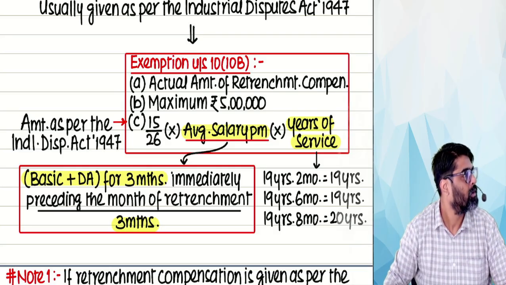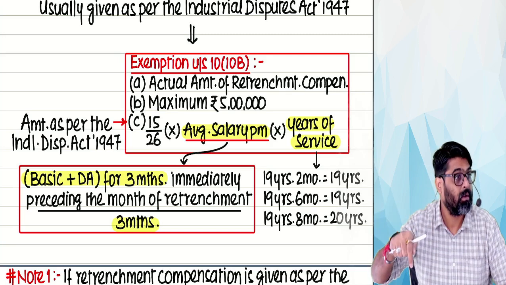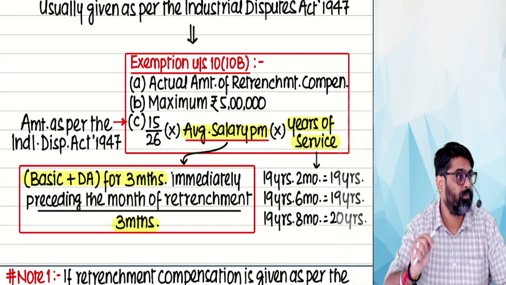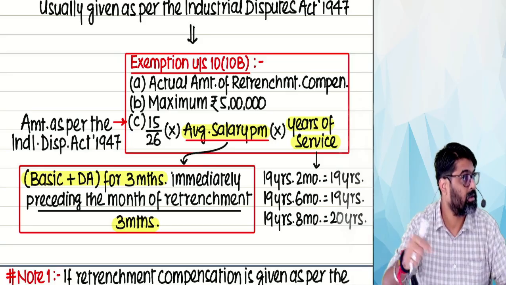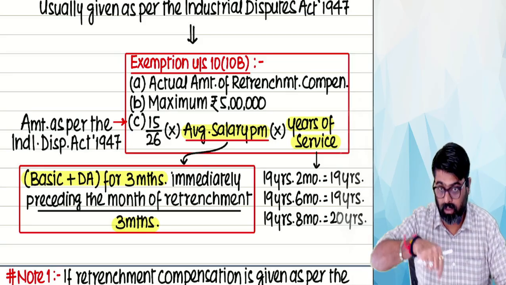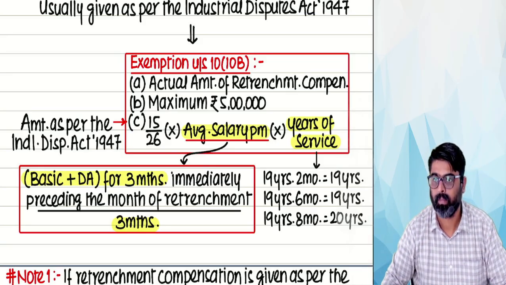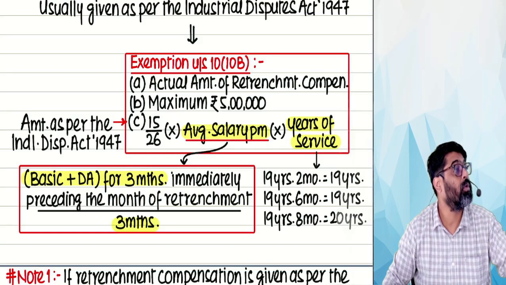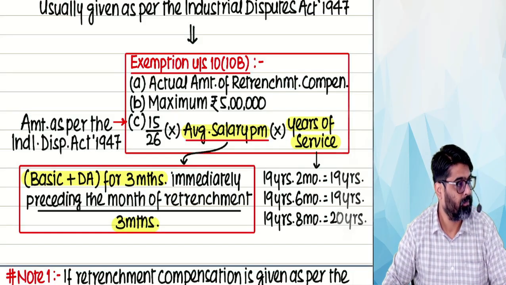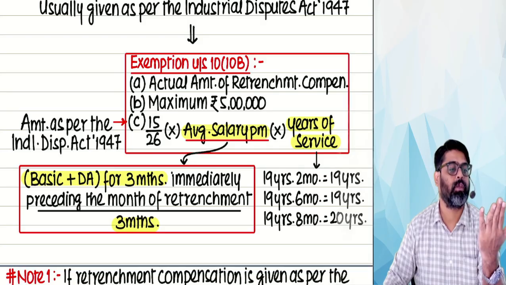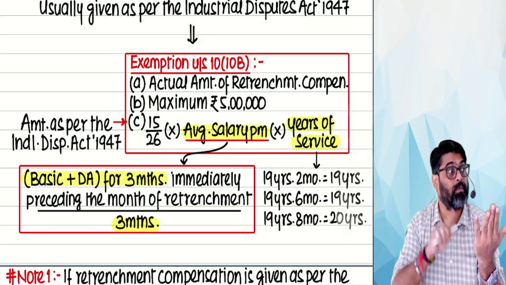Yes or no? That company will be compelled to make a scheme for liquidation, scheme for reorganization, scheme of merger, etc. Yes or no? And that scheme, the company will have to forward to the government. Okay, government will check the scheme. Okay, in the scheme, the company has written